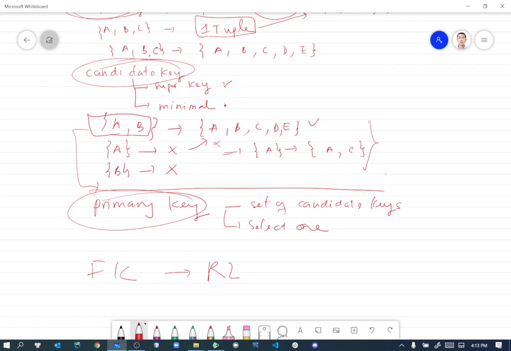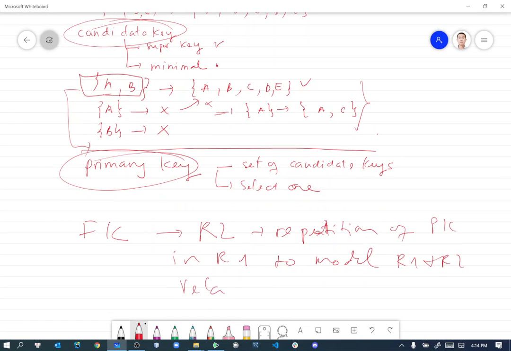A foreign key in relation is actually the primary key in R1 used in the R1 and R2 relationship. That's what it means. Okay, so with that in mind, we get back to our